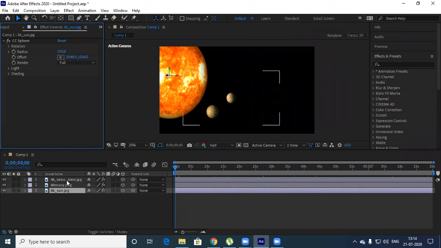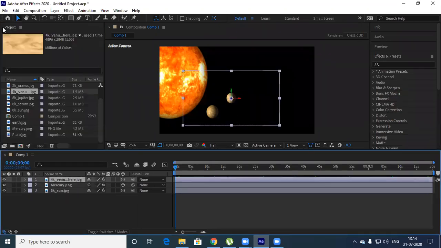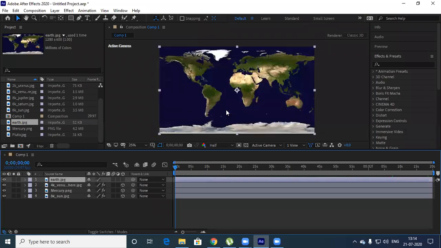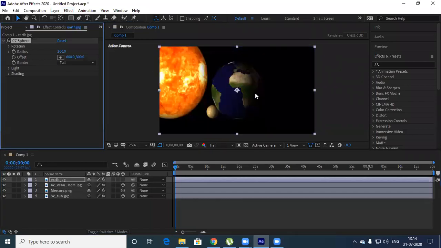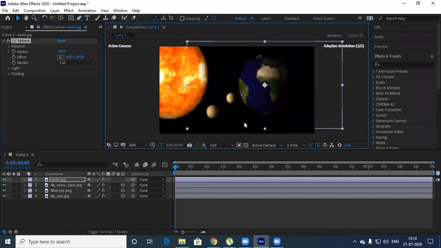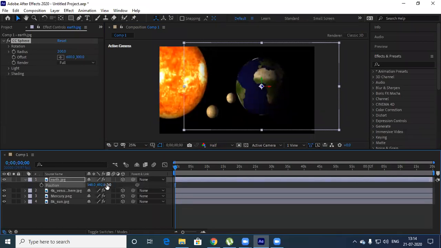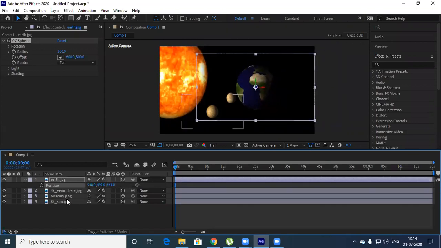Now, we have taken Venus and placed it here. So let's take Earth over here. Now Earth: Control Alt F, fit to screen, then Effect, CC Sphere. So Earth is over here. I'll turn this into a 3D layer. Position, Z-axis. You have to set a value for the Z. Make sure that when you're selecting each and every planet, the Z-axis value of the coming planets has to be even more. The value has to be increased.